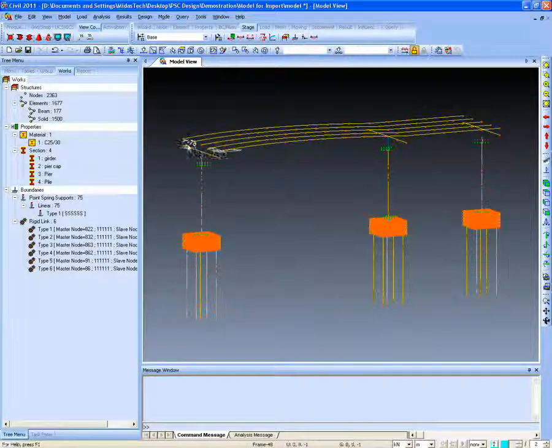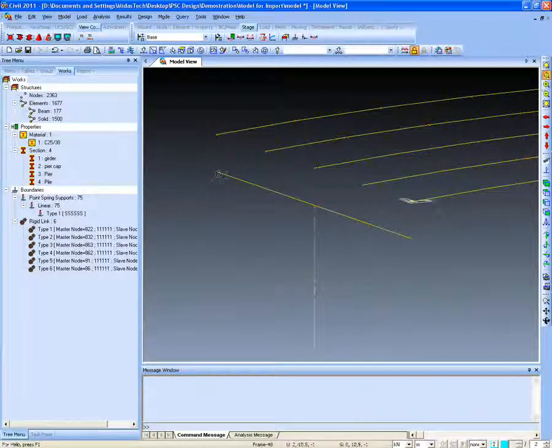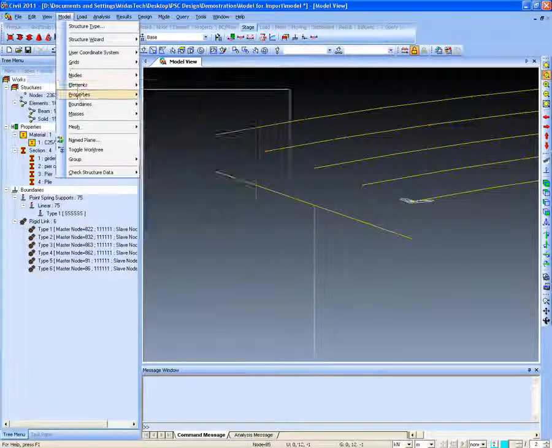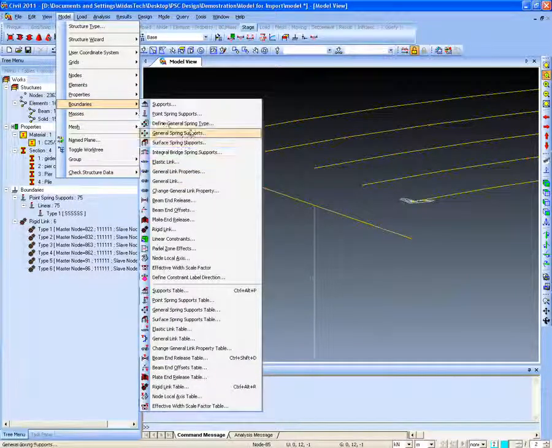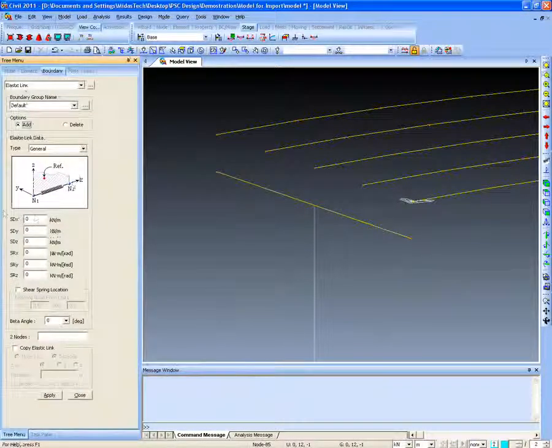Now there is no connection between the girders and the pier cap. In the real scenario, we are supposed to provide bearings between them. And as I told you earlier, the bearings can be modeled using the elastic link. So I will specify the bearing spring stiffness representing the bearings. And I will copy the elastic link